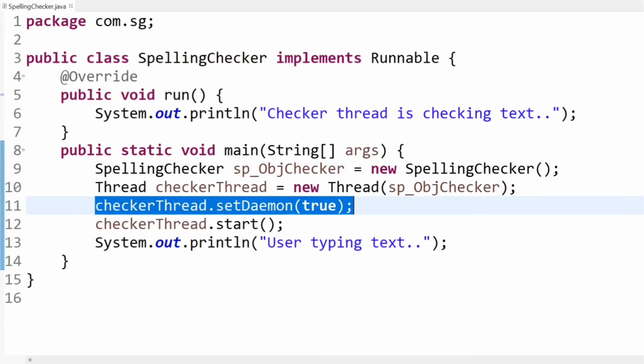Now imagine this scenario. You are developing a big multi-threaded application with hundreds of background threads which are performing tasks such as clearing cache memory, removing unused data and so on. And all those background threads are user threads, not daemon threads. If your application's main work is done, but those background threads that you have set as user threads are still running, then the JVM would unnecessarily wait for them to finish after the main work is done. So this can delay the JVM's shutdown and hurt the application's overall execution, right?